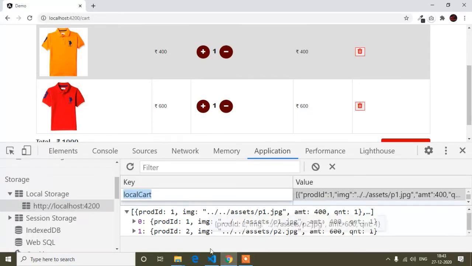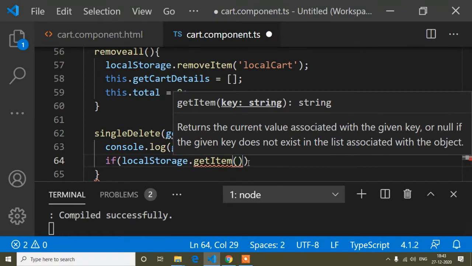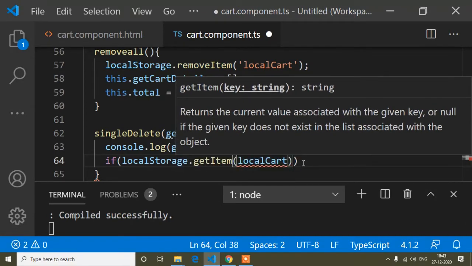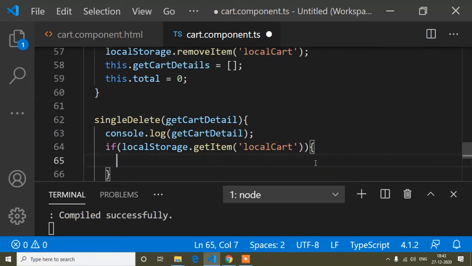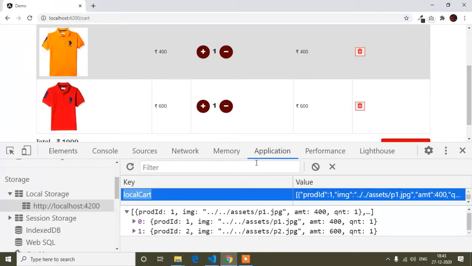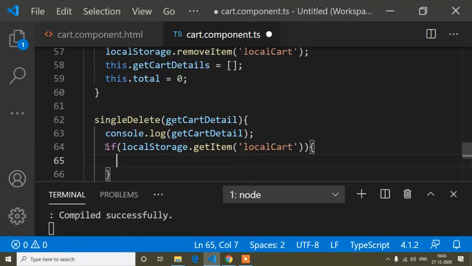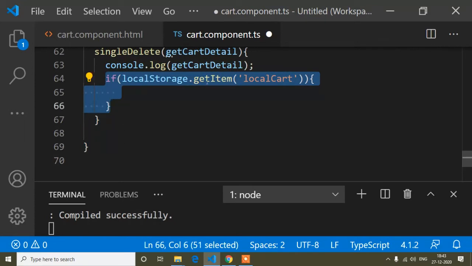That means if the user added any product to our local storage, then I will write a condition. If the user didn't add any product to local storage, I don't need that, so that's why I'm writing this condition: if the user added any product, getItem local cart, then I will write a condition.